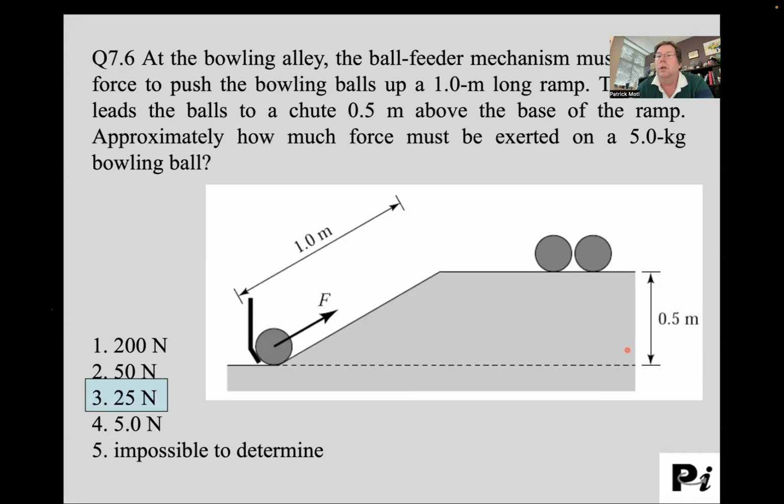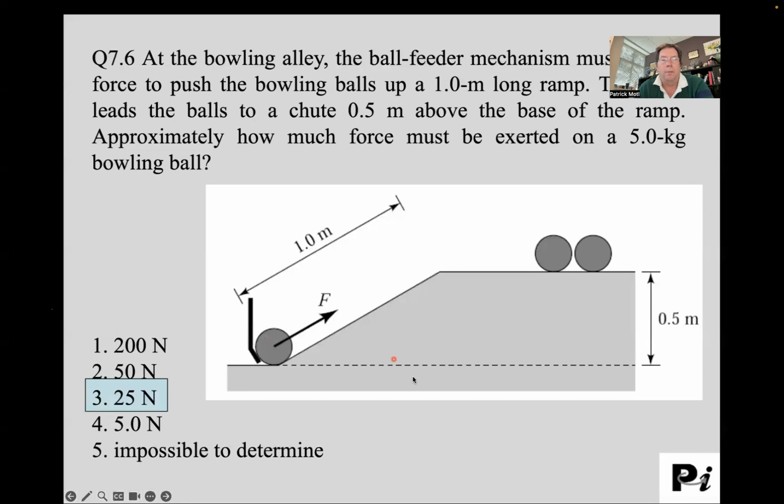25 joules of energy has got to be given to this bowling ball to lift it from the level of the floor to the level where the ball feeder mechanism is up here. Okay. Now, no matter how I get the ball there, unless I'm going to make it have a faster or a larger kinetic energy, I'm going to have to do the same amount of work on this other side. So now the displacement is a meter long. For that to amount to 25 joules worth of work, that means that this force F is going to be